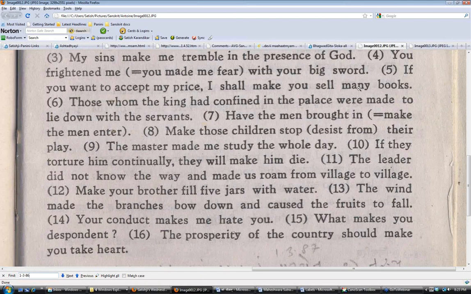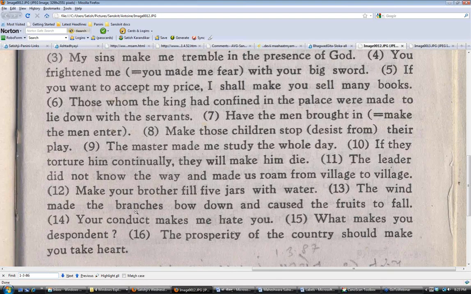The wind made the branch. This one is easy. The wind made the branches bow down and caused the fruits to fall. Okay. Now the simple Aniyavastha: the branches bow down and the fruits fall. So Shakha, right? Namati, to bow down. Namanti. Anaman.